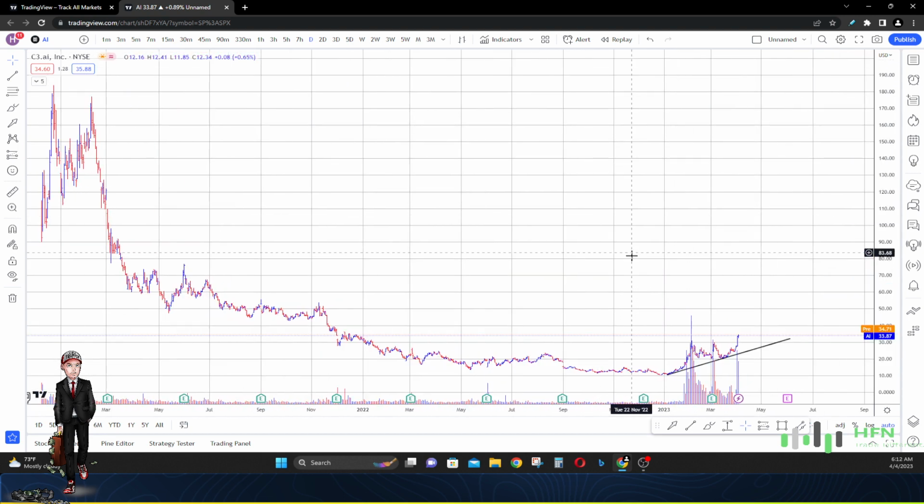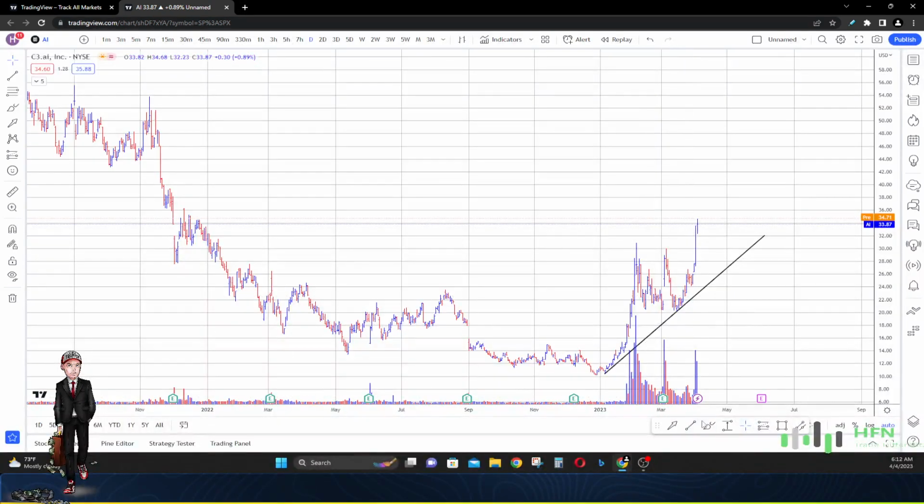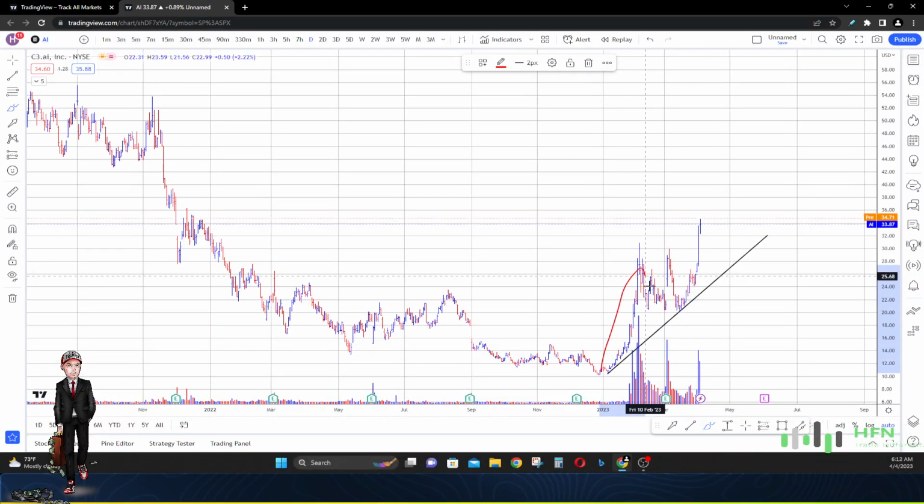So you guys can see it here that we are definitely trending into the market in C3. Very good to see. Now, is it going to be maintained? Yes, it will, as long as this stock's price holds this trend line. Okay. So now, clearly we can see that we are breaking away from the trend. So would you want to come up here and buy the stock right there around $34, or would you rather buy it around 28? Of course, you will want to buy it around 28,